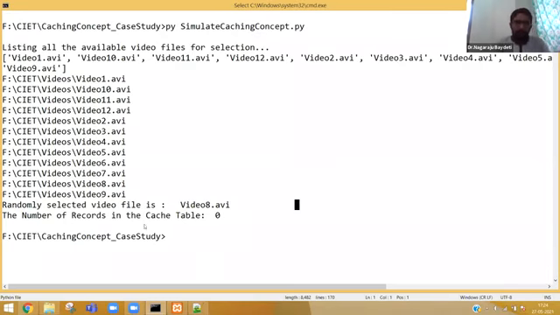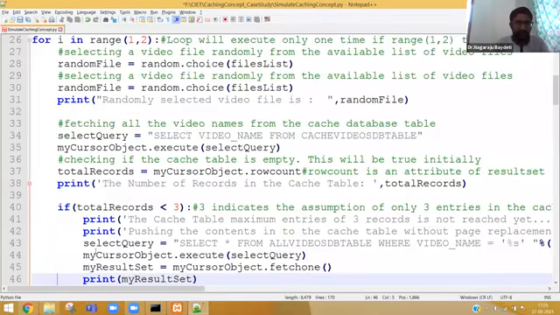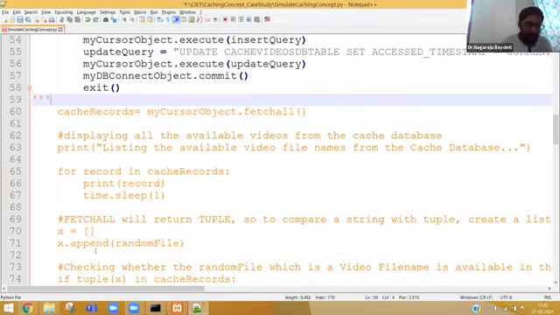So, the number of records in the cache table is 0. If the number of records in the cache table is 0, what do we need to do? Let me open the comment, and close it again with another part of the program.